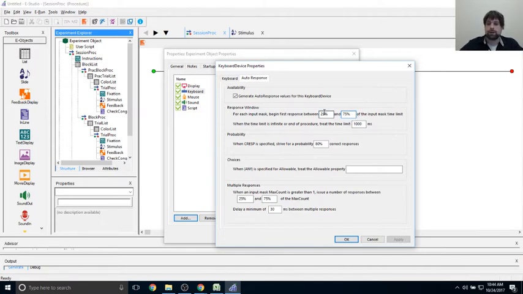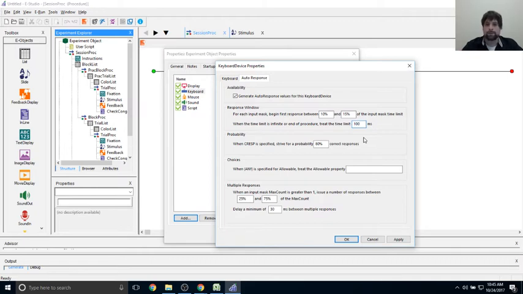If I want to make it much faster, I can change it to, let's say, between 10% and 15%. That way, almost as soon as it appears on screen, especially in conjunction with that clock scale of 4 times the normal speed, it's just going to respond right away. And it'll just keep going, response, response, response. And then it says when the time limit is set to infinite or end of procedure, how do I treat the time limit? If I want to make it much faster, I can just set it to 100 milliseconds and